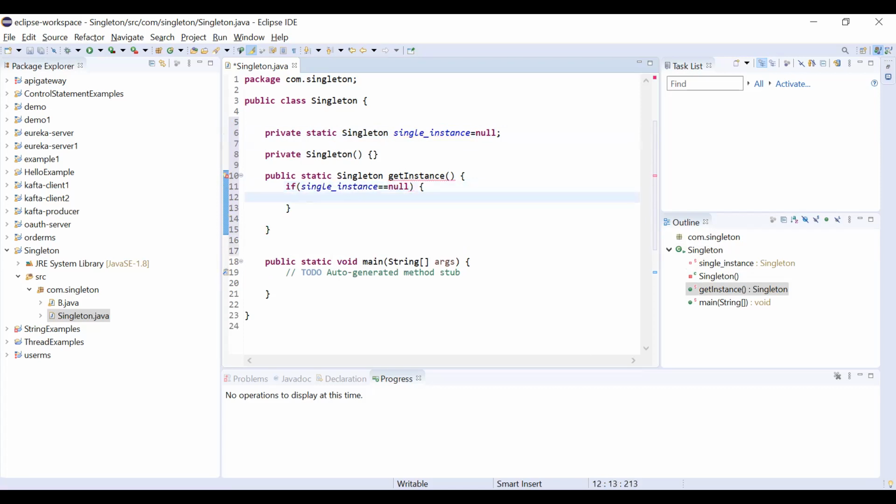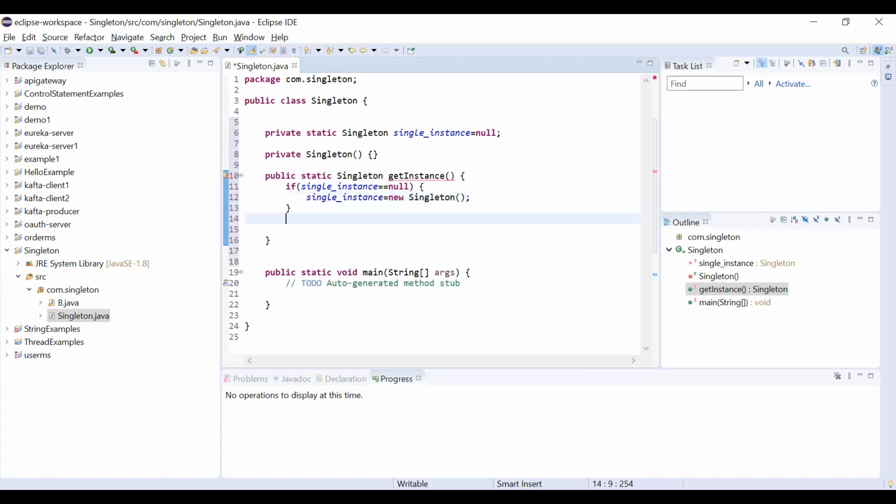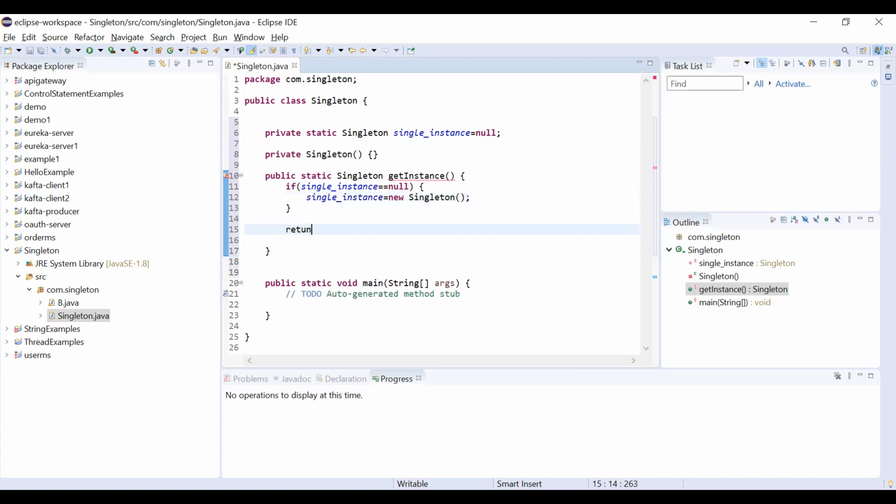If it is null, then we have to create a new singleInstance object. Now we created a singleton object, but we need to return it. So we are returning the singleton. This is the second point.